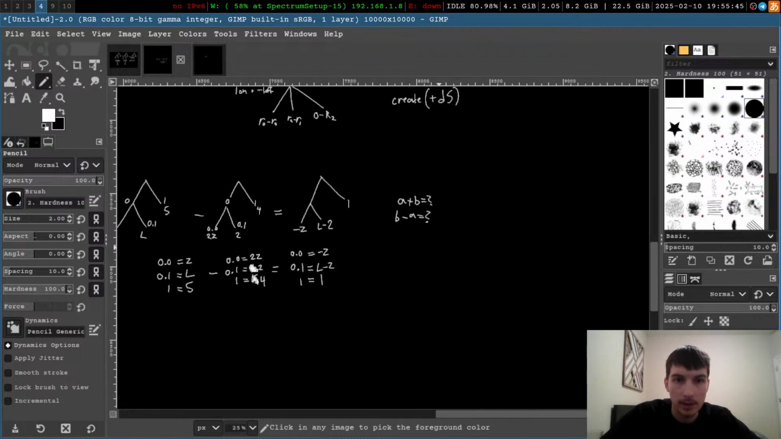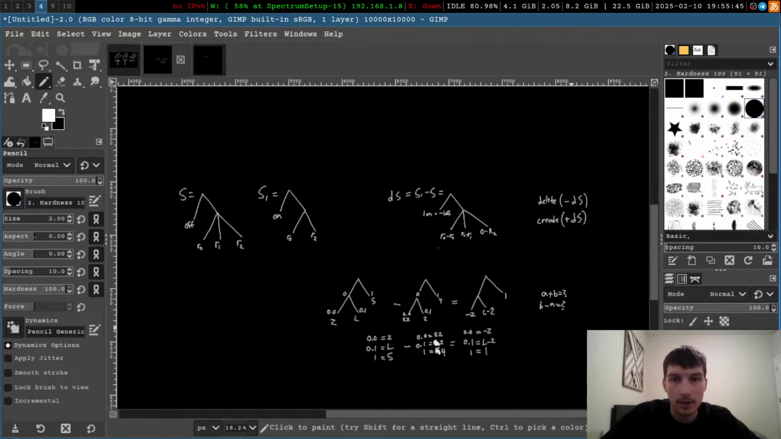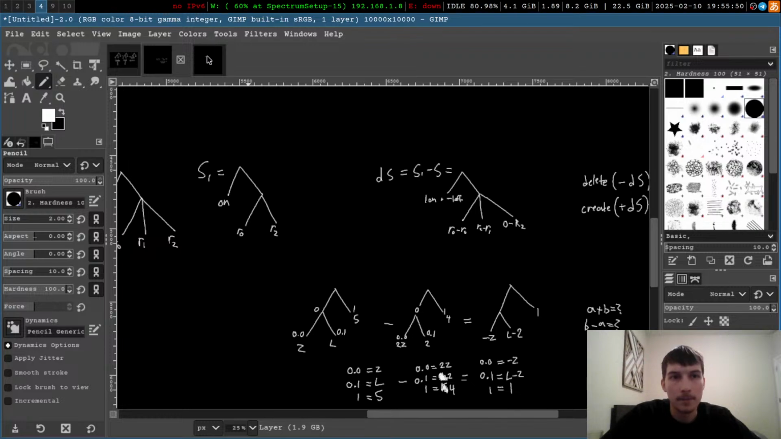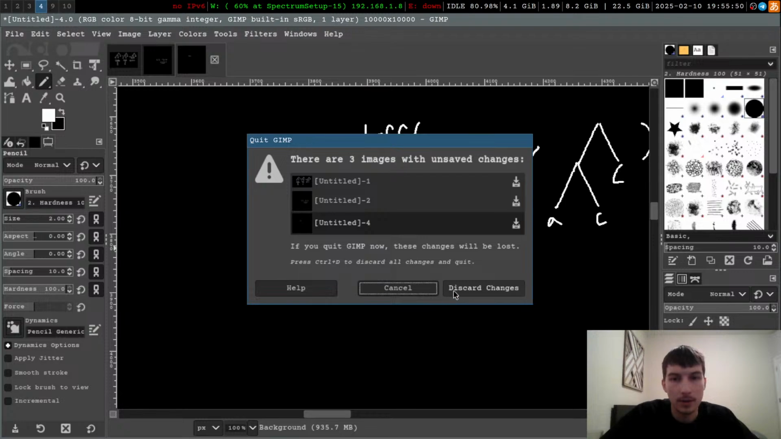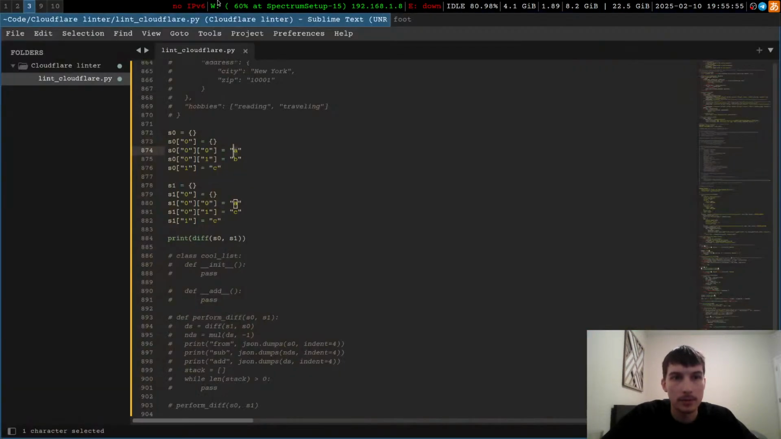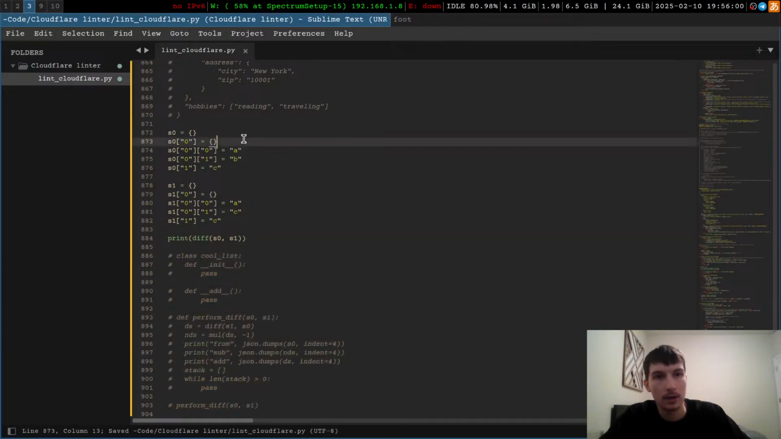Right, so that's it. That's how you do it. So this is how we solve the diff problem. I just deleted all that. Well, right, in other words,